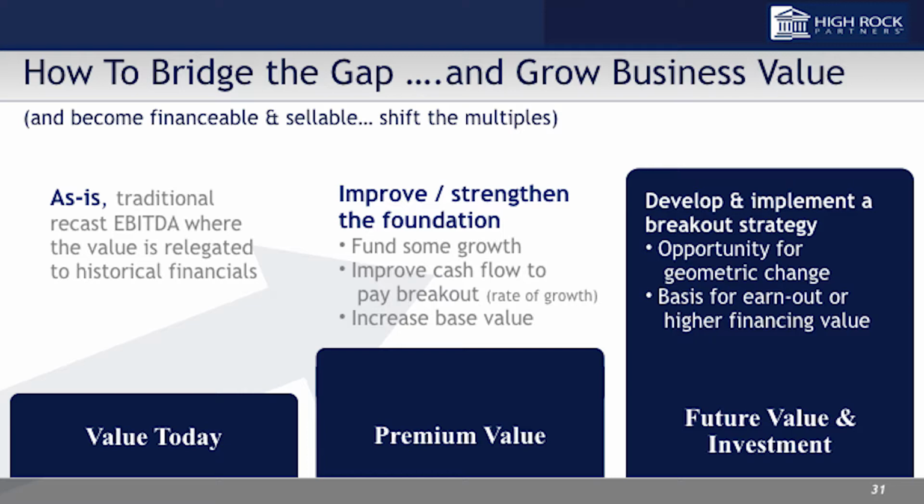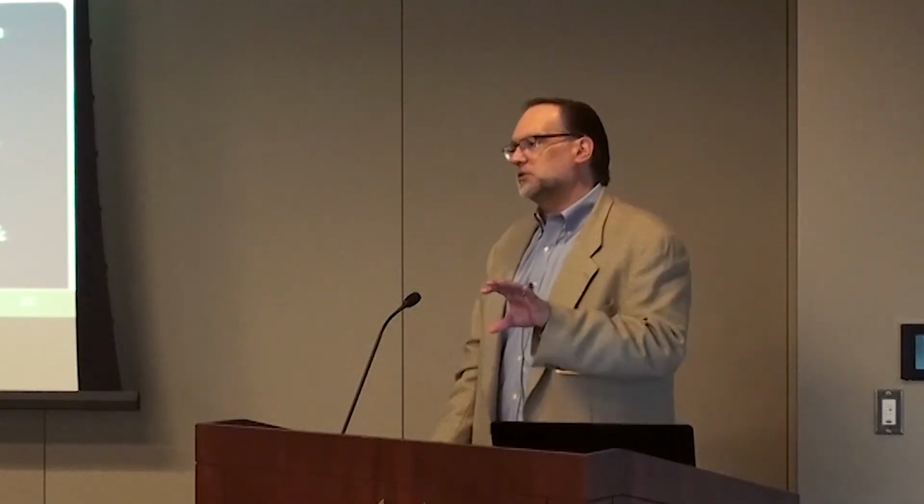And what we did in the JPS example is we got ourselves to this premium value, which is kind of moving to the right, and positioned for this what I call breakout strategy. So let me tell you about our breakout strategy to try to round out the story. We were selling these black boxes for $25,000 to $100,000, and the market opportunity for us was to sell $1 to $5 million systems to the states. So we wanted the value of the company to be based on the value of those $1 to $5 million systems and that market opportunity, which would really get us to $100 million in revenue very quickly.